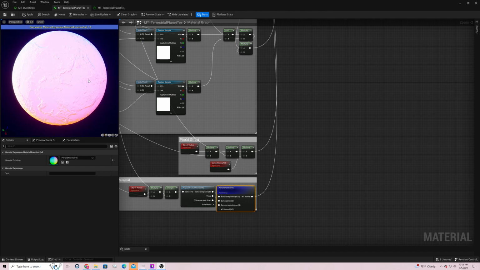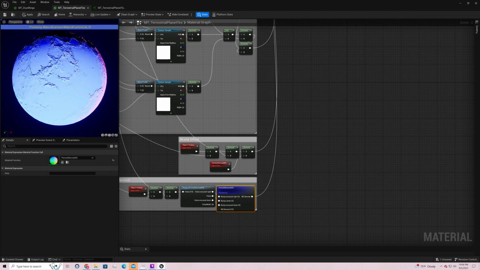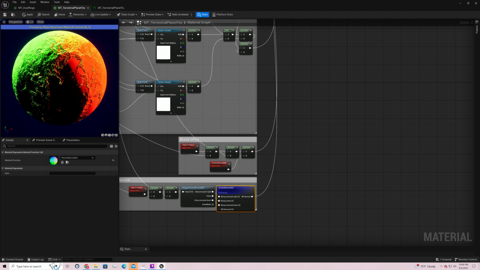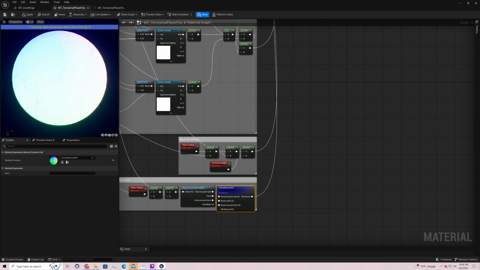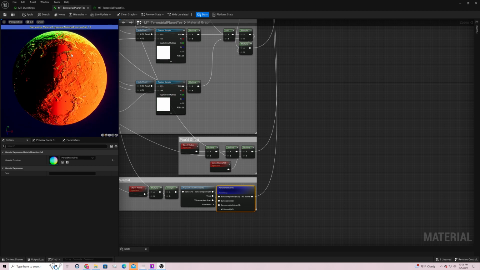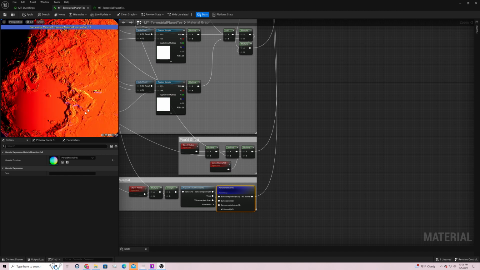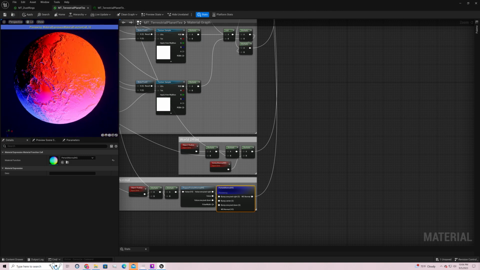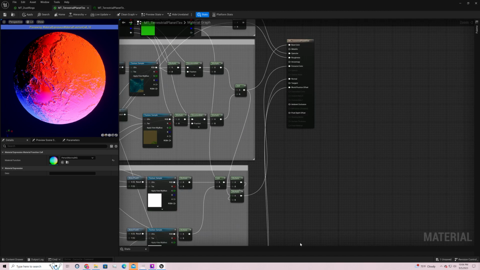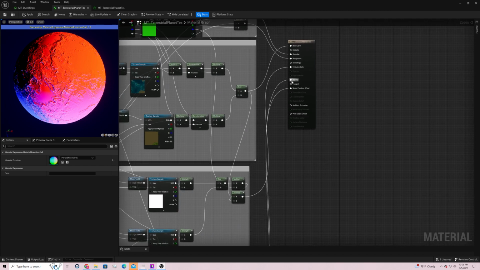Alright, so what you're looking at is a normal map based on our height map. And this is what's giving us lots of fine detail inside the continents themselves. Because without this, they would just look smooth. I mean, not smooth because they're displaced, but you don't get this kind of variance in fine detail if you don't run a normal map. So we plug that into the normal node. And at this point,